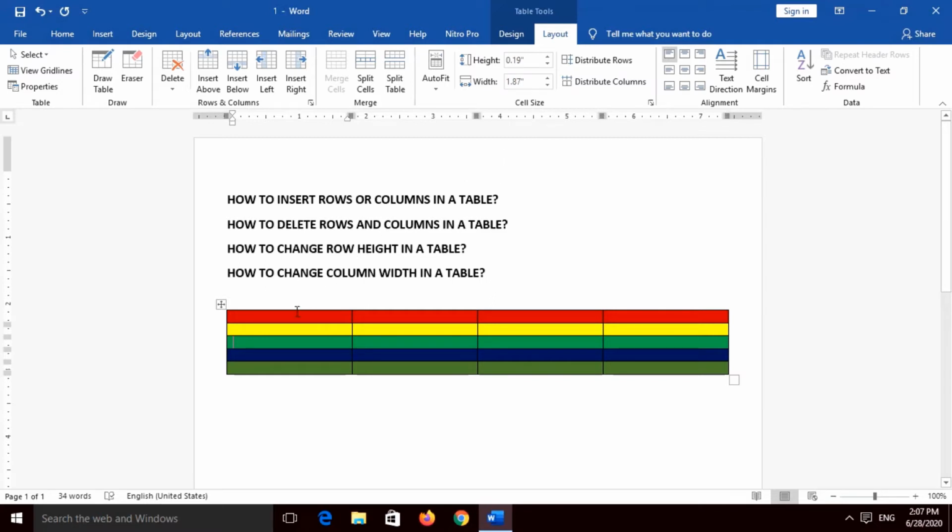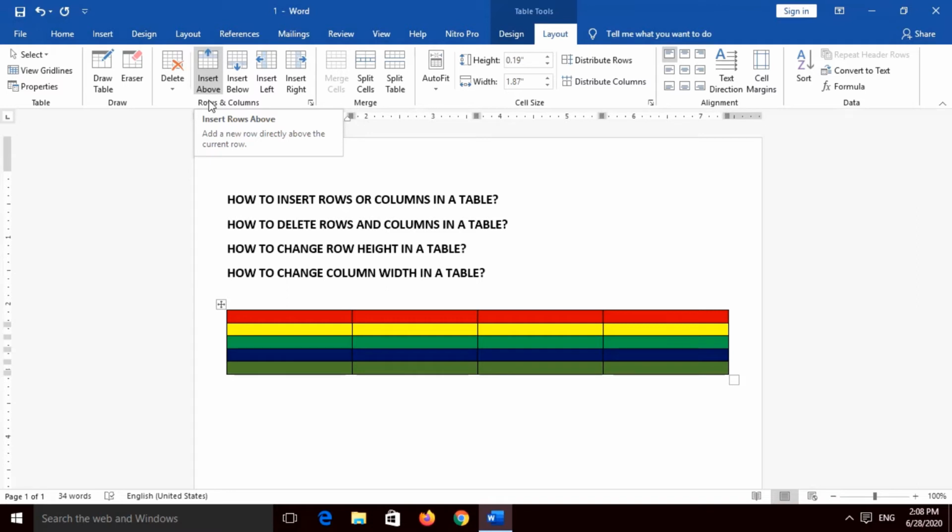As I said, I will insert a row between the yellow row and the green row, but my cursor is on the green row. That means I have to insert the row above the green row. So if the cursor is on the green row and you want to insert the row above it, put the cursor on green and click on the layout button, and when the options come on the screen, you can see there is an option called insert above.